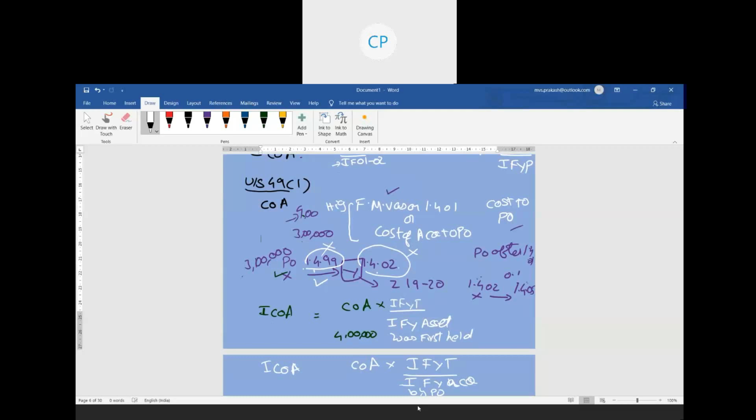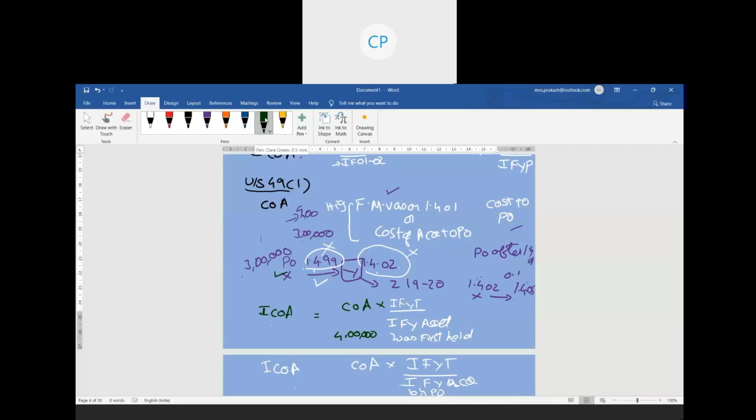This is the case when the asset was acquired by the previous owner before 1st April 2001, and the asset is transferred to the current owner after 1st April 2001. Now the second situation. Both are after 2001: the previous owner acquired on 1st April 2002, and the asset is transferred to the assessee after 1st April 2002. Both are happening after the same period. For this also the indexed cost of acquisition is the same, for Bombay High Court and Income Tax Act.